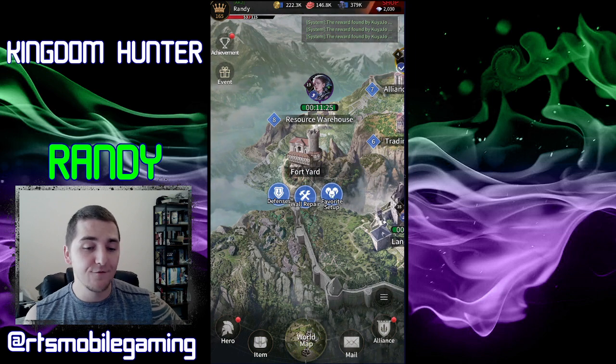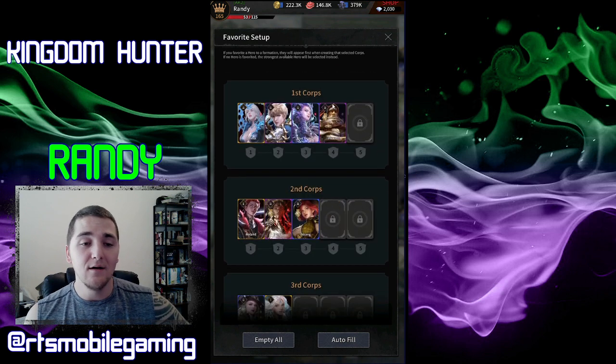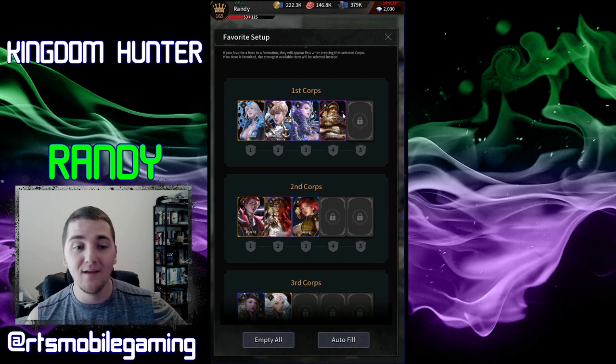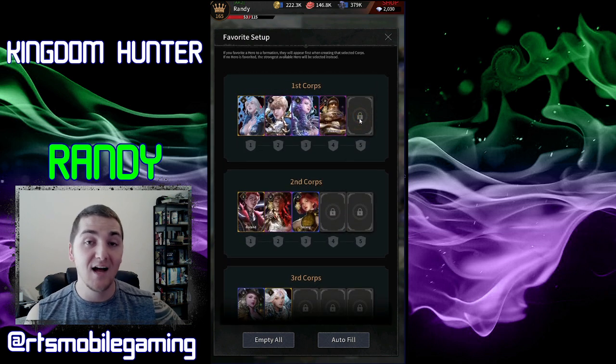Now, you can go to your favorite setup menu here at the front yard in your base, and you can actually look at all of your different armies right now. Obviously, my Corp level 1 has 4 commanders, 4 heroes in the army, and that was done through research. So your palace will unlock additional corps, and you will unlock additional slots in the corps with the research function,